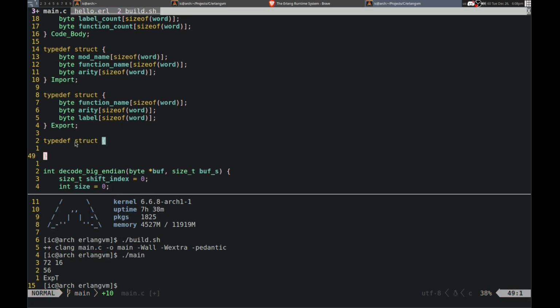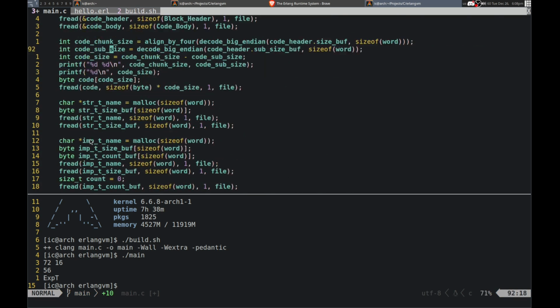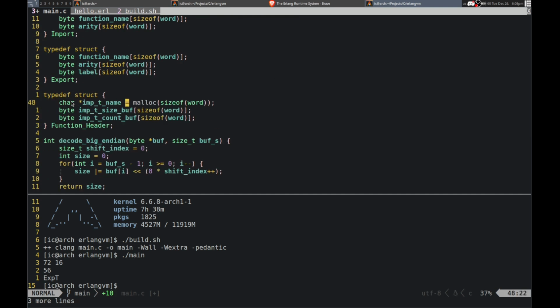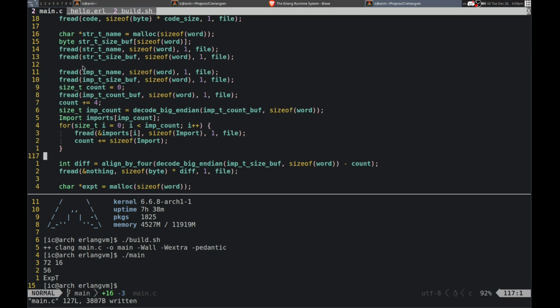Let's see. Function header, and I'll put these in there. That, and that. So this will actually be an array though. Like that. Alright. And there we go. And then function header.